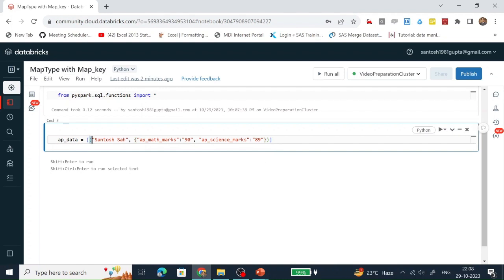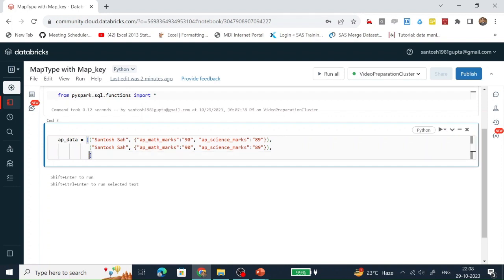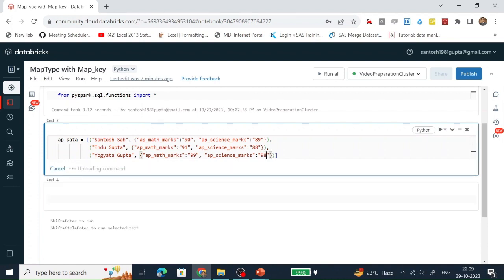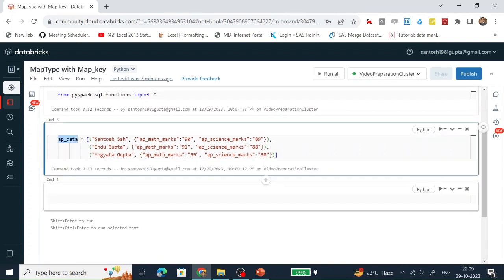Let's copy this data to save time. Let's change the object values. Let's run it. This list gets created successfully.